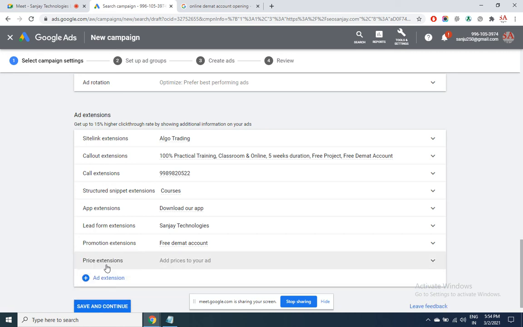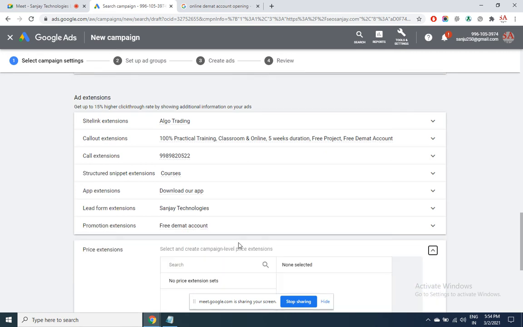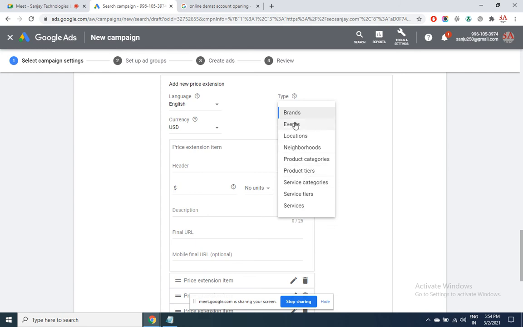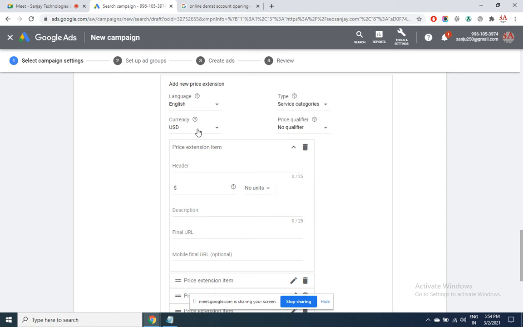Price extension, in case you want to display the price along with your ad. Currency INR. So the first extension here, courses, different courses and their fee.